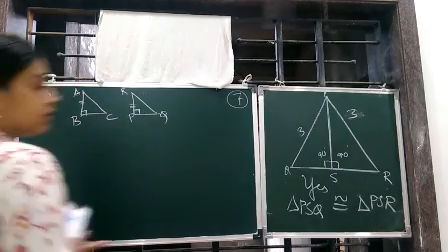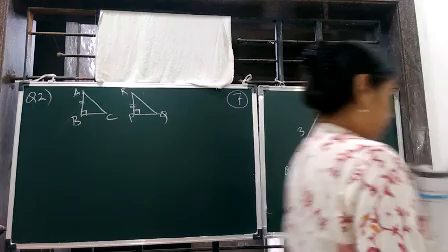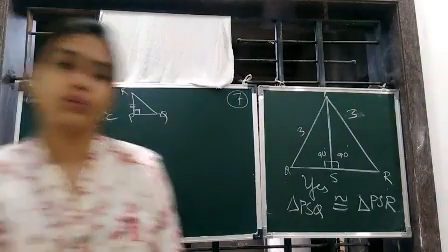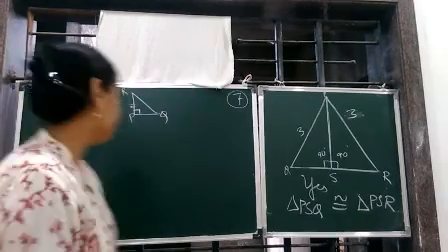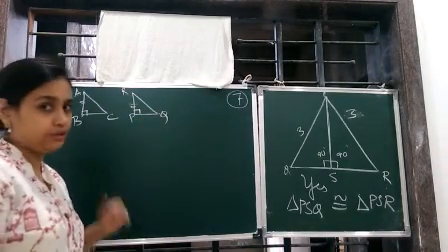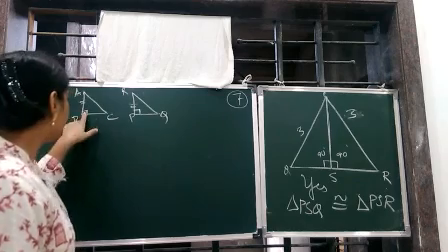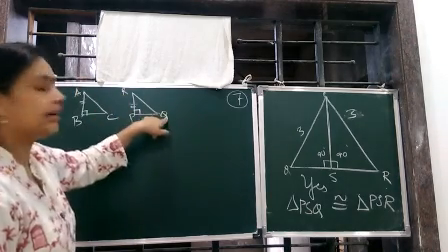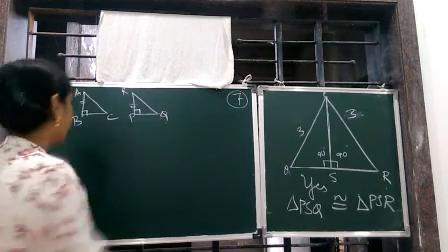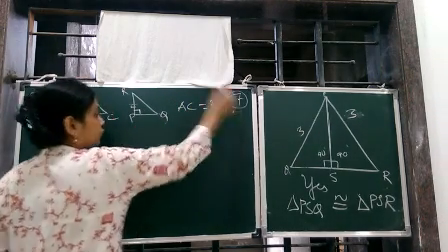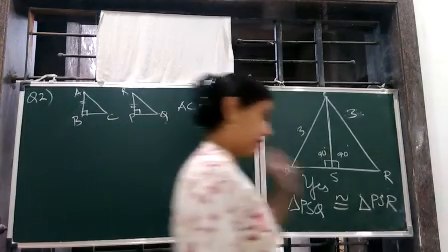We have to find out the third characteristic for the triangles to be congruent by the RHS rule. So what is that? The hypotenuse. The hypotenuse has to be equal. So these two are given, that is, the angle is given and this side is given. What is the third criteria? It is the hypotenuse. So AC is equal to RQ. If this is equal, then the triangles are congruent.